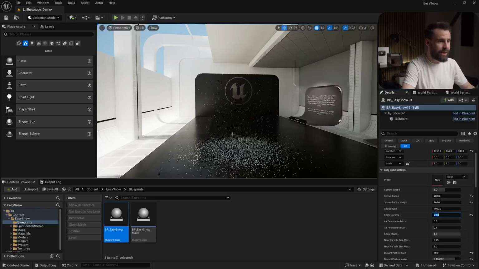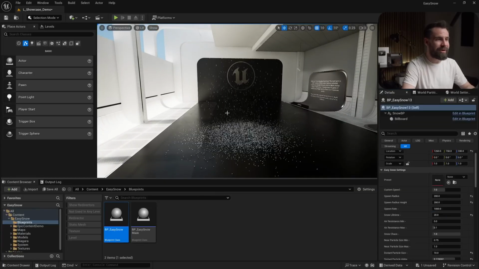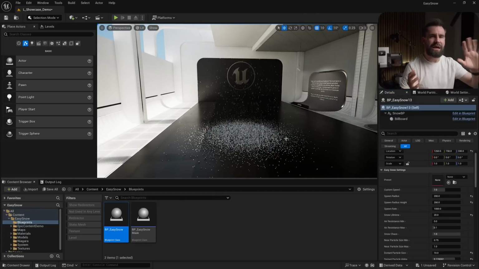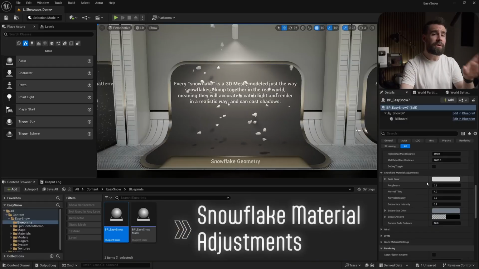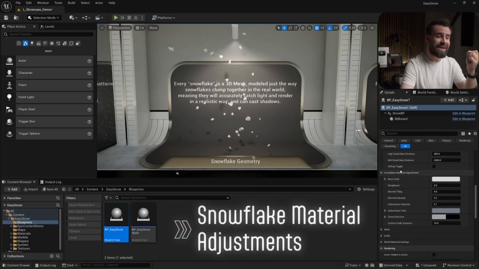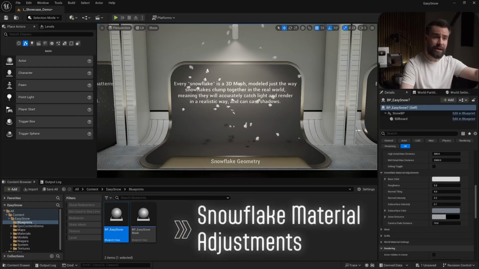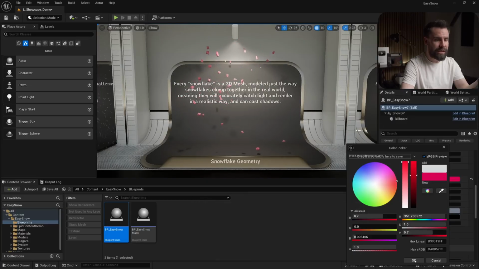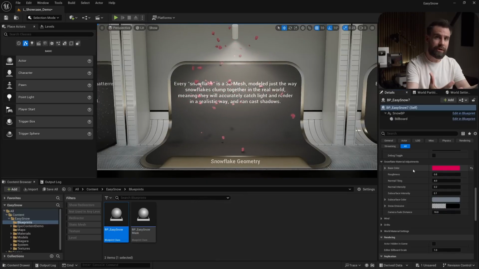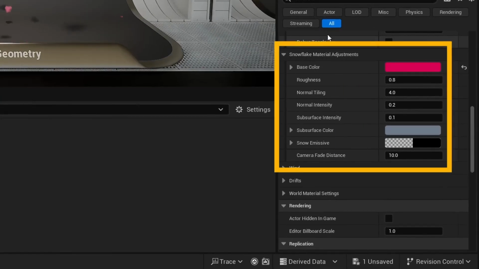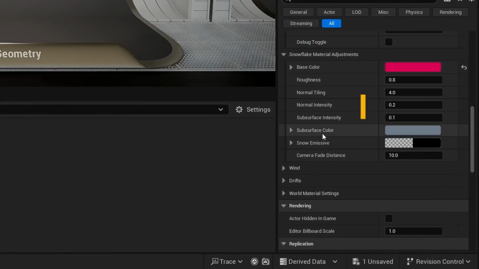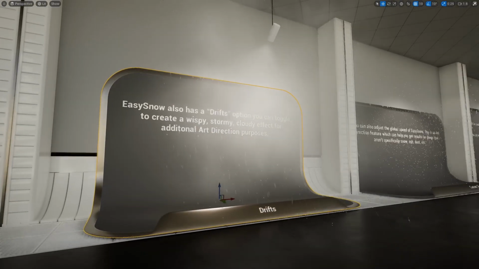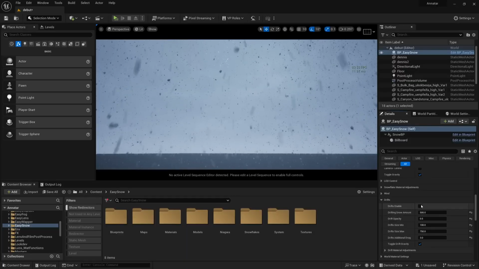If you'll see, already we're starting to get quite a bit of an accumulation here on the ground. Yeah, just be careful. If you need to, you can also adjust the material of the snowflakes right here. So if you need to change the color, say you want your snowflake to be a bright red or something, you can configure the look of the material of the individual snowflakes by going to the snowflake material adjustments right here. EasySnow also has a drift option here that you can toggle to add a stormy, windy, foggy effect for